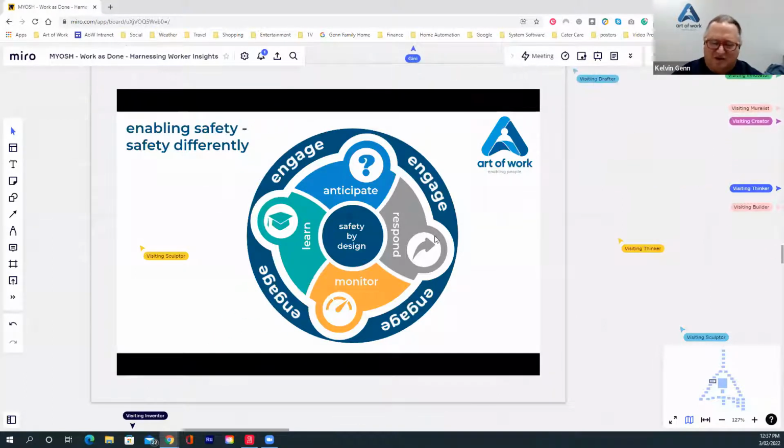It's also thinking about our obligations for quality, design, the plan, do, check, act type concepts that we now need to incorporate, and also how we meet our obligations around consultation in this space. So these principles of thinking about how do we anticipate and then how do we plan, how do we design,